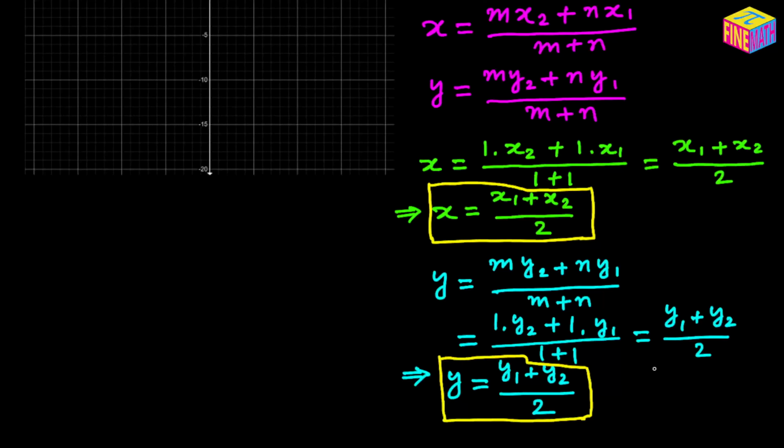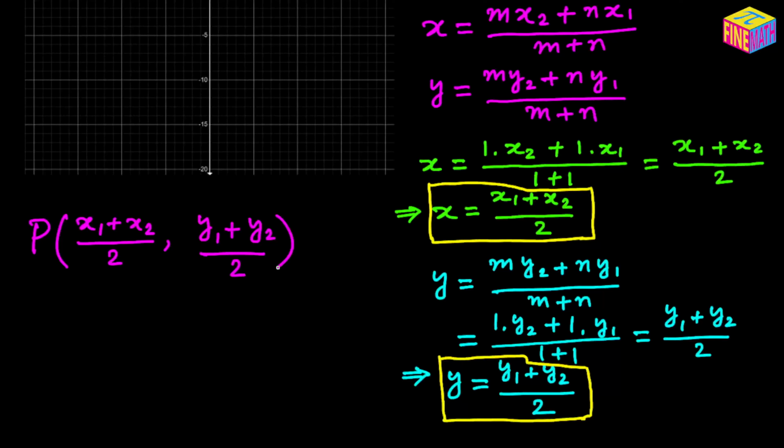So now what are the coordinates of P? We can write it down here. So we can say, okay, then the coordinates of P are going to look like this. It would be x sub 1 plus x sub 2 whole divided by 2. That is the x coordinate, and for the y coordinate it would be y sub 1 plus y sub 2 whole divided by 2, and that's the y coordinate. So we have been able to calculate the coordinates of the point P which equally divides the line segment between